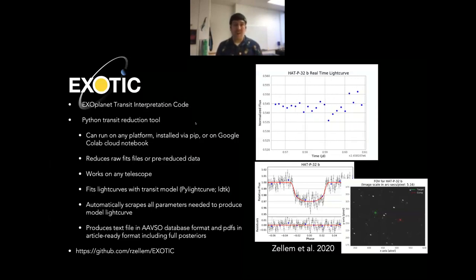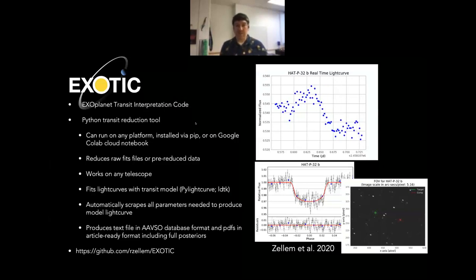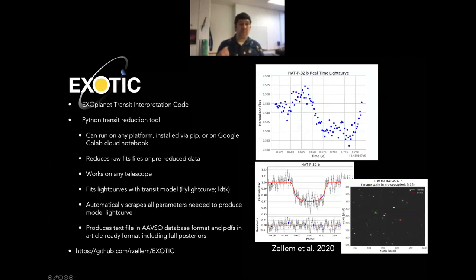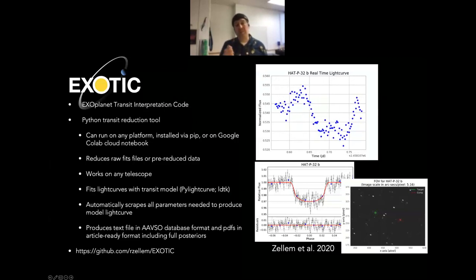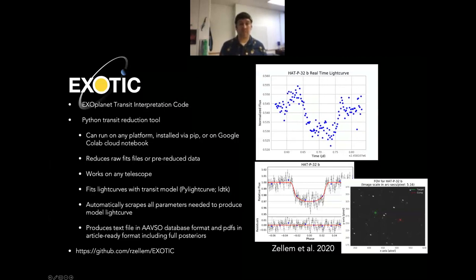It figures out your best comp stars, it checks for stellar variability on your comp or your target, it does the sky annulus, it does the Gaussian fitting of the PSF and also aperture fitting, and it figures out the best combination of parameters and inputs to give you that final science-grade light curve at the end of the day. We also publish full posteriors, so you can literally drag and drop these PDFs directly into your papers and not have to struggle with the data analysis. We try to make it as simple as possible so you can go from your raw data to published results